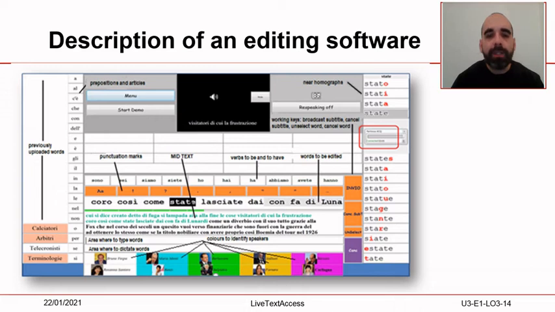Under this section of the software, there is the text you are creating. First, the subtitles that are being edited, and then the text to be edited. In the bottom part of the screenshot, there is the post-editing part of the software, which shows names and pictures of the speakers. Finally, on the right, there is a column with comments. Enter, delete subtitle, unselect, and delete. The last column on the right shows a list of words similar to the one that is being edited.